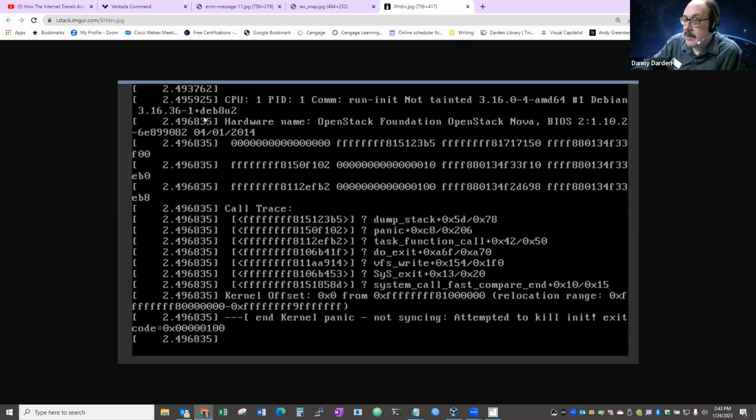Maybe you're running an ISO or either a virtual disk. You start up your virtual machine and you're looking at this: kernel panic, not syncing. Kernel panic, not syncing. Right. The solution that we found to this problem